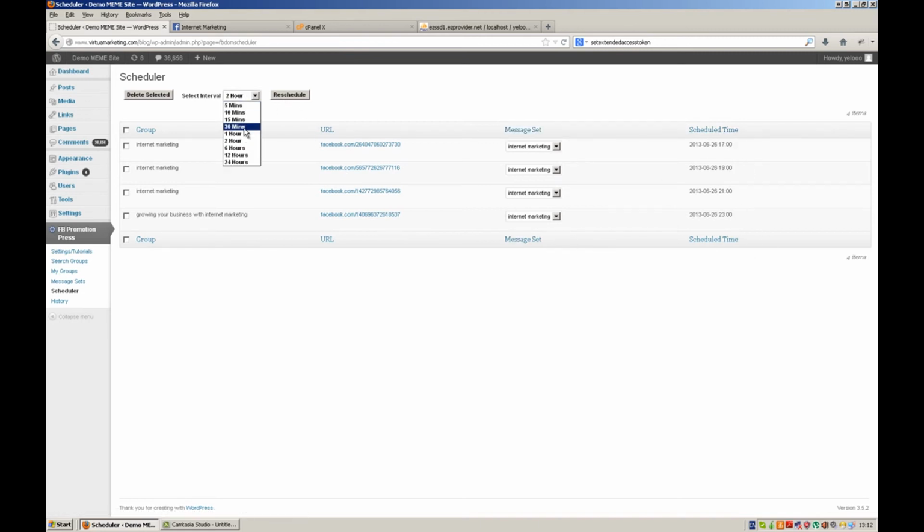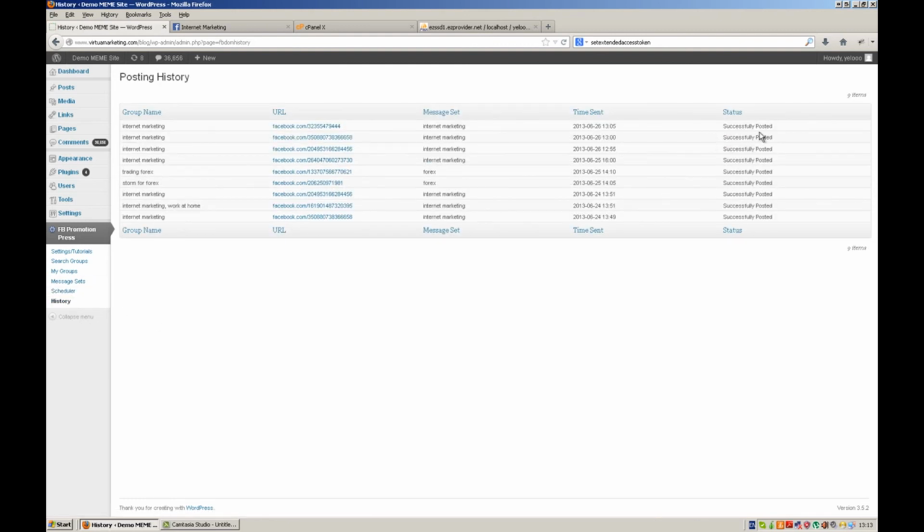So even if you had hundreds or even thousands of messages here, you can reschedule them all at the same time. Now, if I wanted to be a bit braver, I could reschedule this to send every 30 minutes, and you can see it's been instantly rescheduled with a 30-minute gap between each one. Now, this is really valuable because using the information we get in the history here, if we get some information back from Facebook in the status telling us that we think you're spamming or we think you're posting too much,